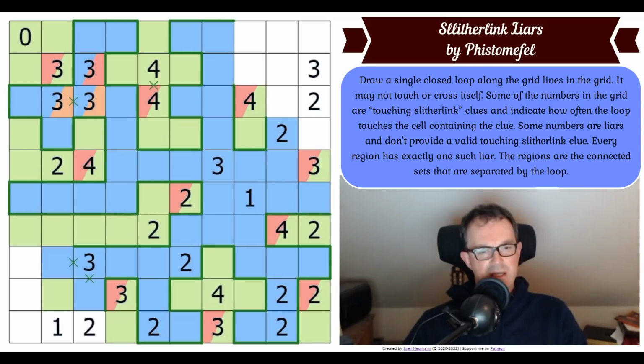So if this is now green, it's got to be correct, and if it's blue it's correct. So this is always a correct clue, which means I've got to get to a count of 2 for it. So if it's green, I can't do that. It's impossible. There is no way you get to a count. So this is blue,